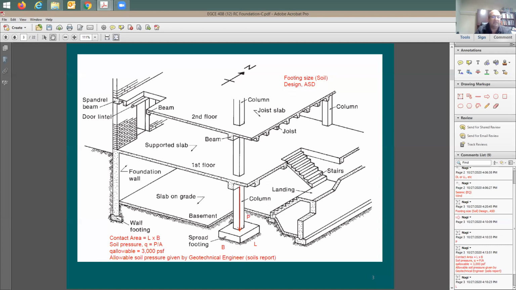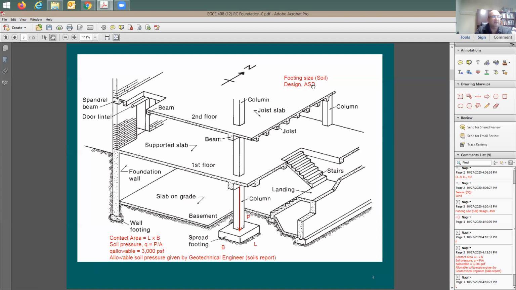What's the purpose of doing the size of the footing? To make sure that the soil pressure, which is right below the footing, and what is the soil pressure again? Which is Q, equal to the vertical load divided by the contact area between the footing and the soil, is not going beyond the allowable value, the Q allowable. Okay, so I'm going to call this footing size, kind of soil design, if you like,